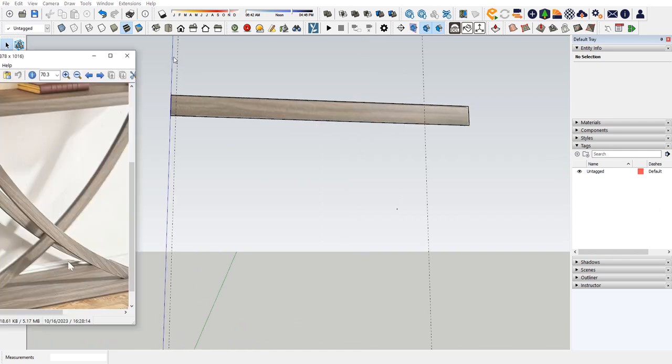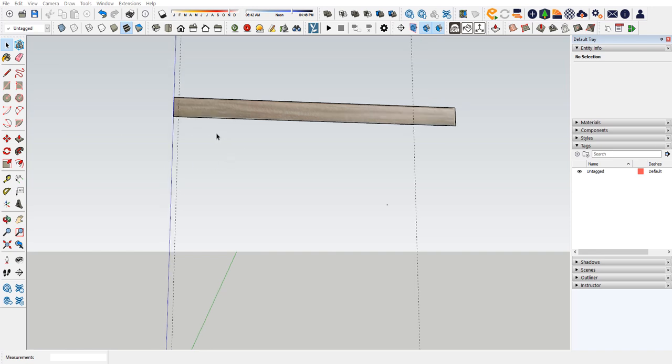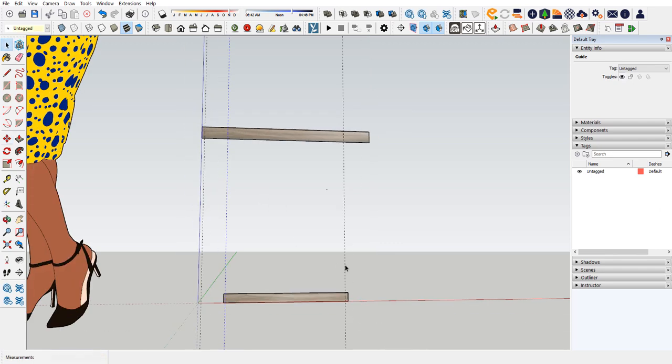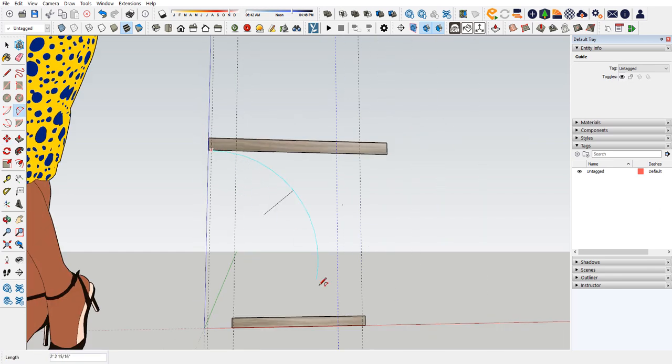This looks like a thinner piece of wood. So I'm going to copy this maybe 4 inches this way, and I'll copy this about 4 inches that way. All right, so if I do an arc from here to here, an arc from here to here,